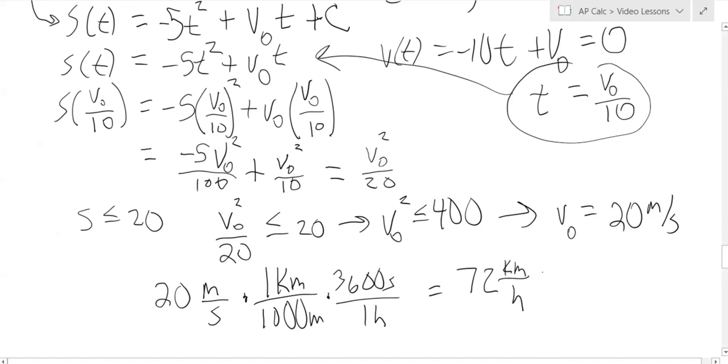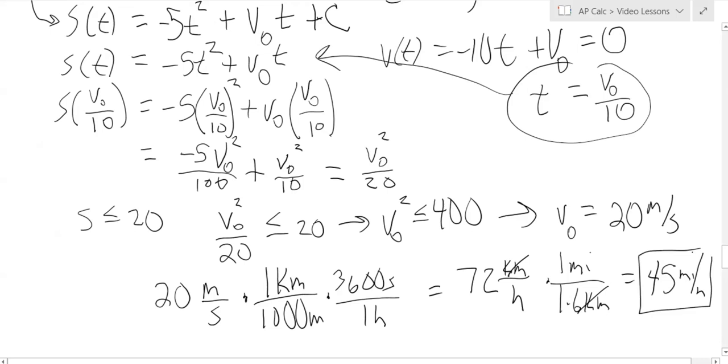And then I can multiply that by the conversion for miles to kilometers. Each mile is 1.6 kilometers, so it's 1 mile over 1.6 kilometers. The units cancel there, and you get 45 miles per hour. Okay, so that's what we would have for the answer for that one. So that's the car's maximum velocity to stop within 20 meters: it would have to be going no faster than